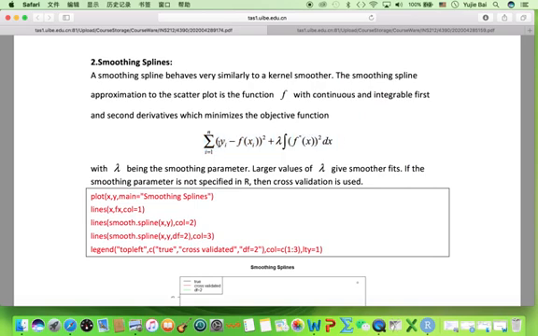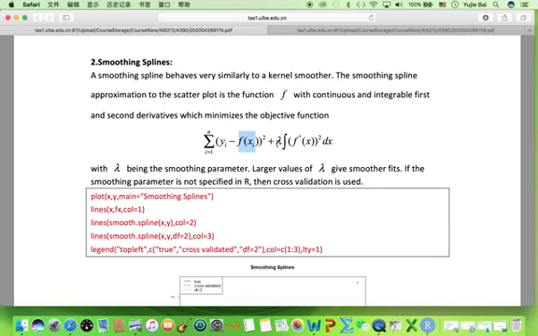The first term in this objective function is the difference between the crude values and the smooth values. We can understand this term as the distance between the crude values and smooth values, so we want this distance to be as small as possible. And the second term is about the smoothness of this